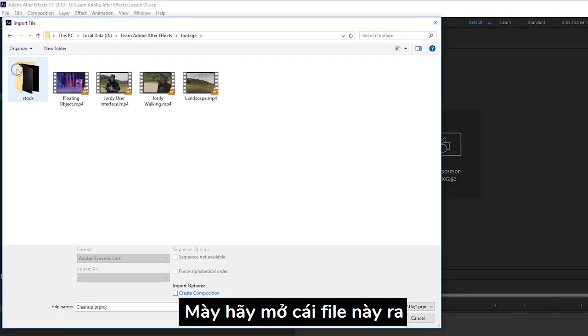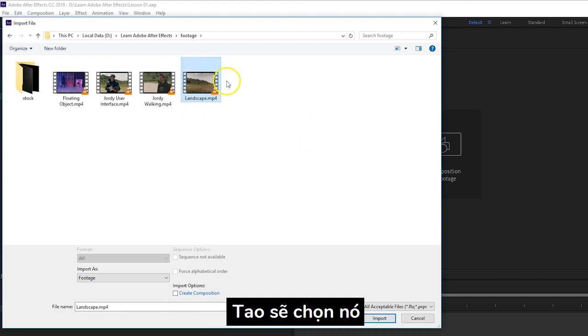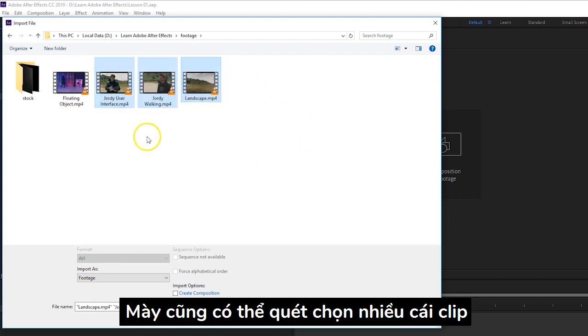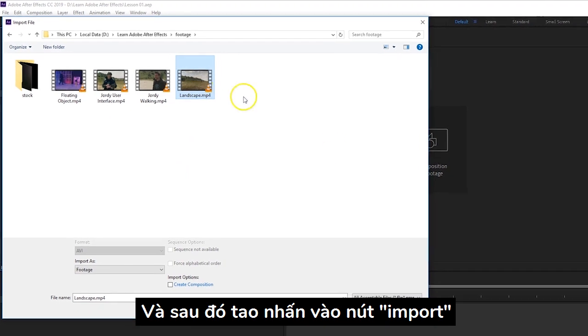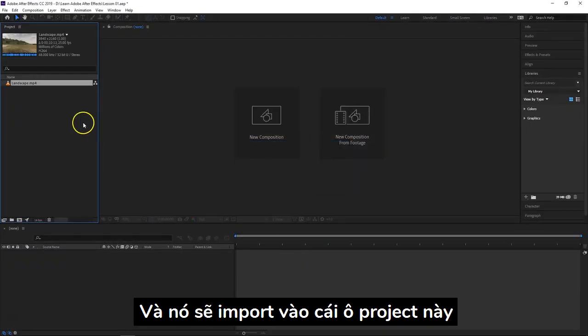So let's just open up this folder and let's see what we have in here. I've actually shot this landscape. I'm going to select that. You can also select multiple clips, obviously. Let's just start with the first one and then hit Import, and that will import that into the project panel